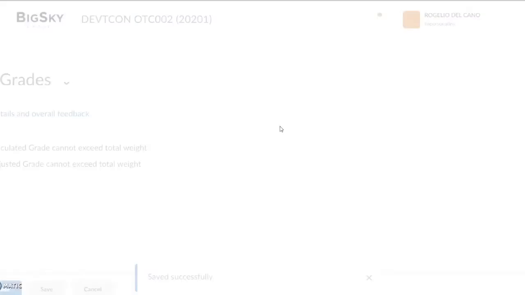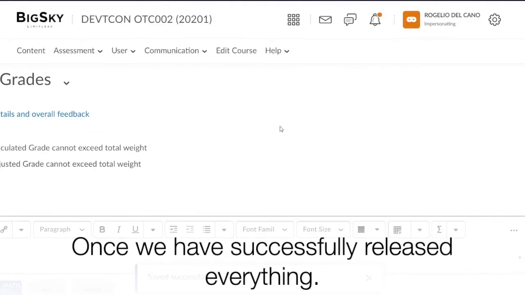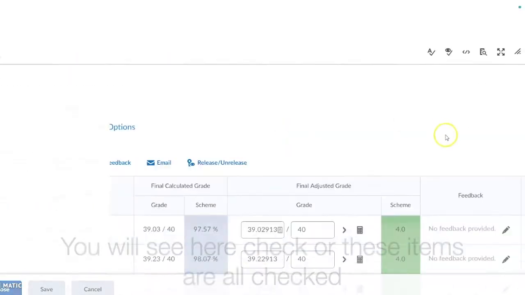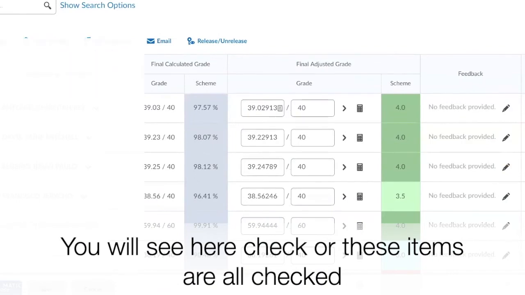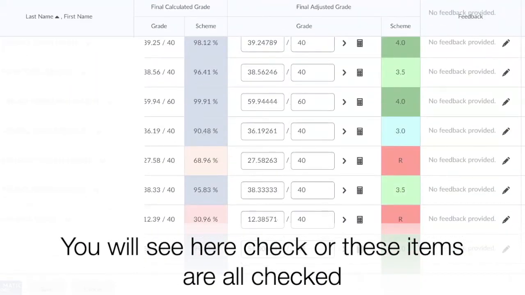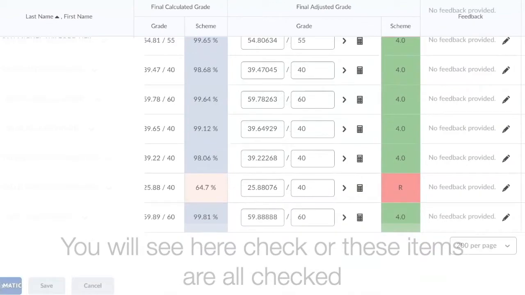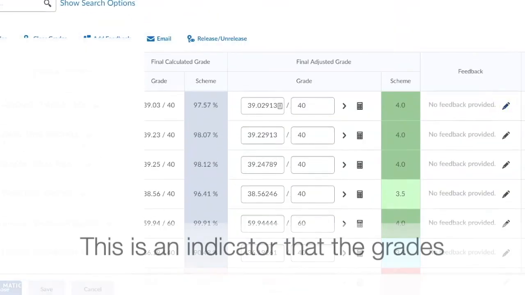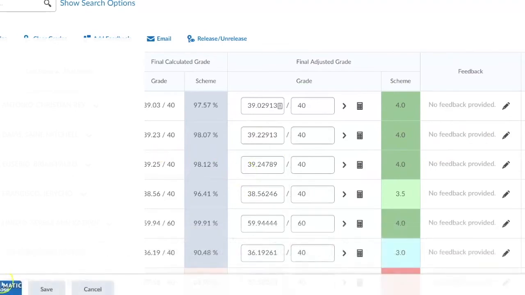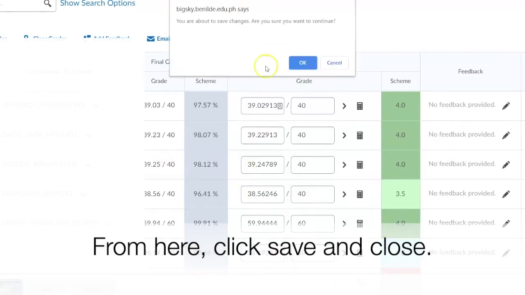Click OK. Once we have successfully released everything, you will see here, check, or these items are all checked. This is an indicator that the grades of the students are now released. So from here, click Save and Close. Now let's go to